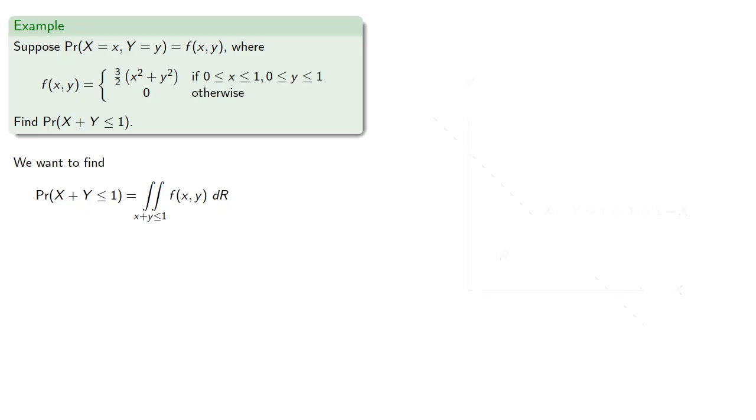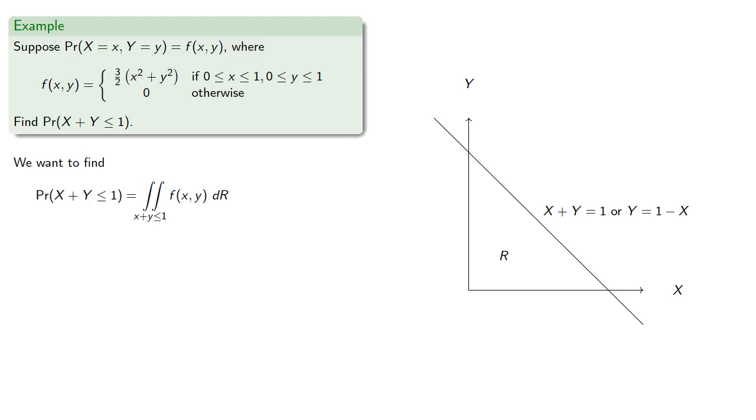So we have our x and y axes, and the region is going to be where x plus y is less than or equal to 1. And so we have our boundary curve x plus y equals 1. And since our x and y values have to be non-negative, that region is going to correspond to this triangle. And so our integral becomes